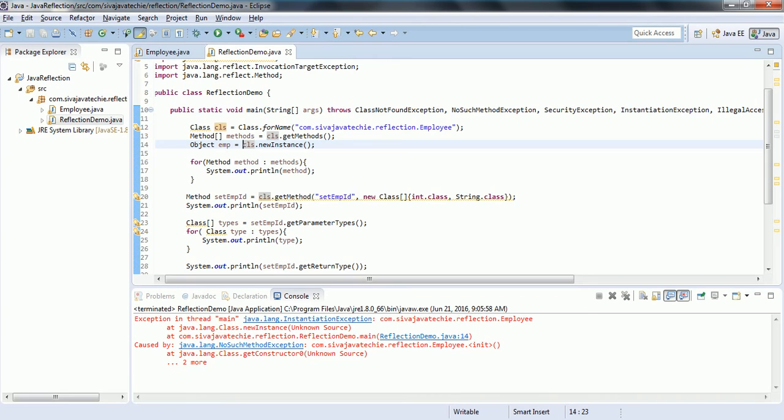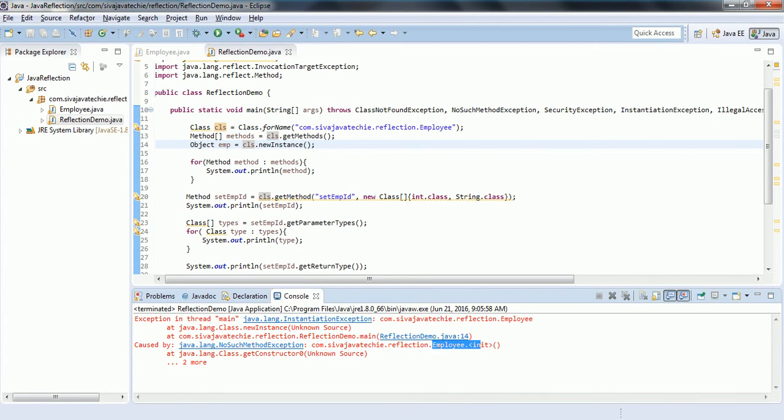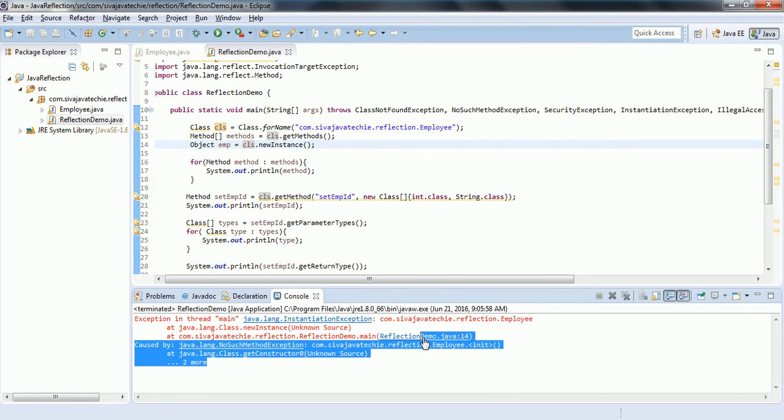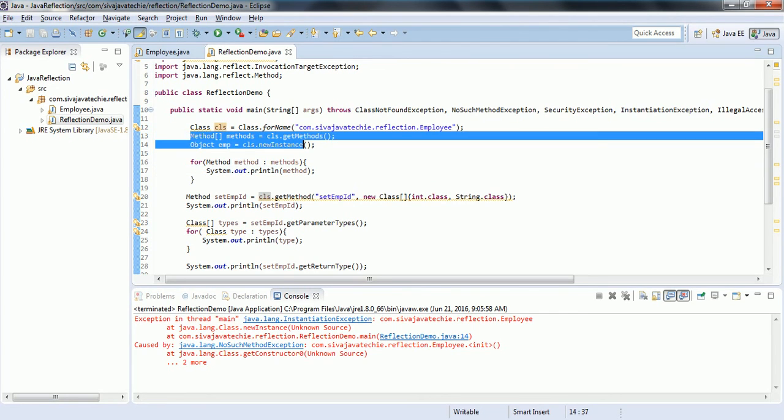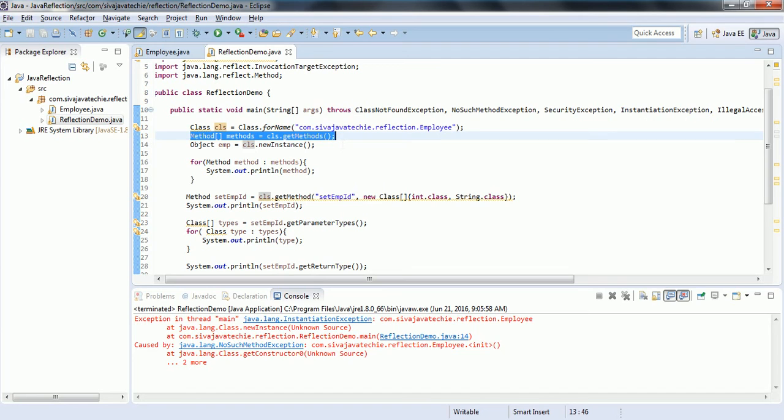It says no such method, employee class, employee int, no such class. Class dot newInstance is correct, right? It is not new.